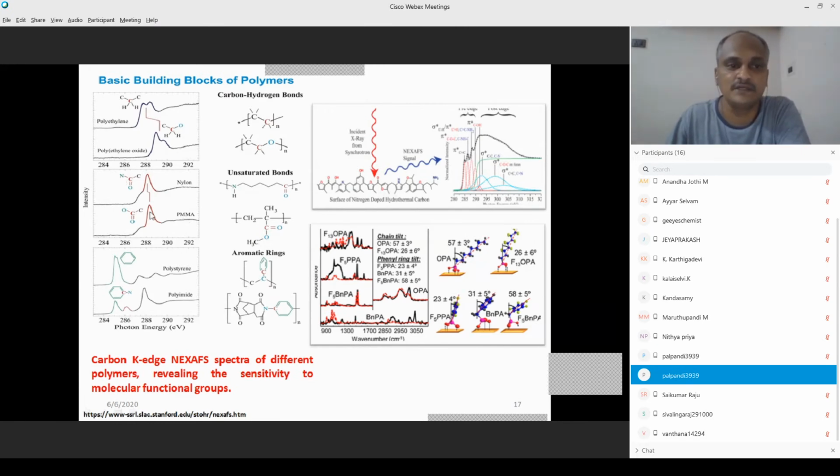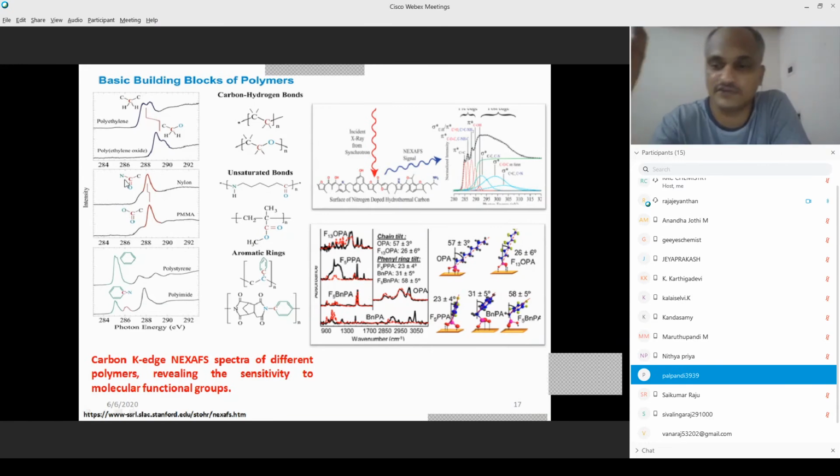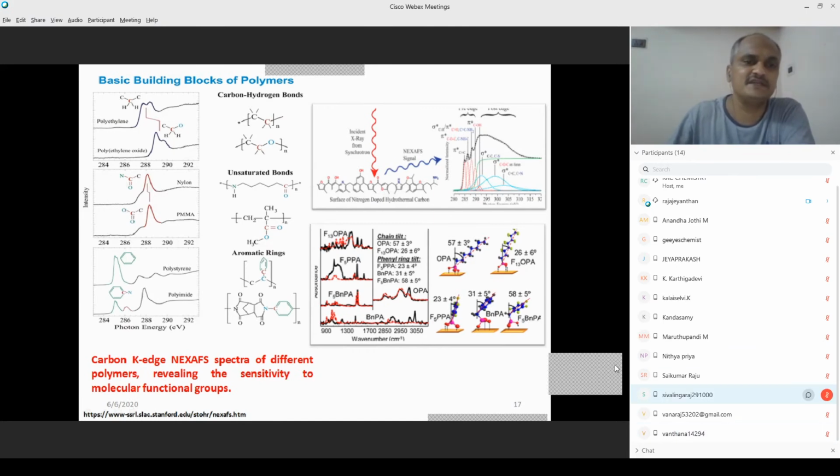bonded to a nitrogen atom. In polymethyl methacrylate, the carbon is attached to the oxygen atom. We all know that oxygen is more electronegative than nitrogen, and the difference in electronegativity is very small, so the shift is very small here. You can see at the center a very small shift, but for a higher electronegativity atom, the spectrum is shifted to higher energy. So very small changes in the chain of the polymer can be easily recorded